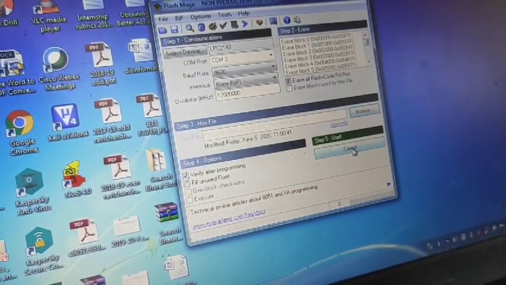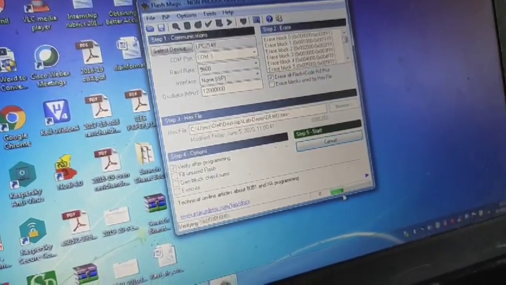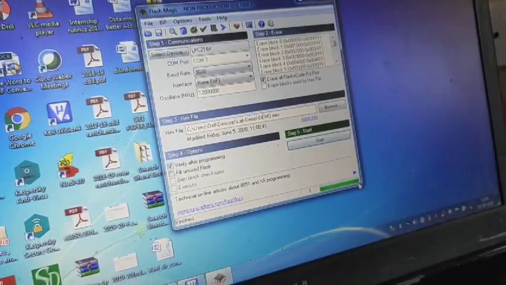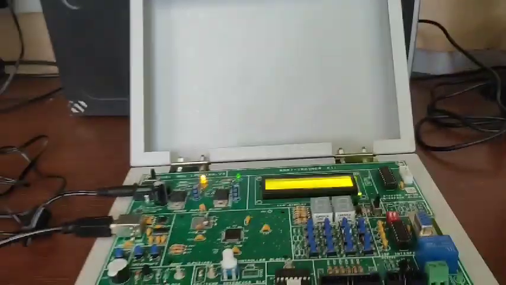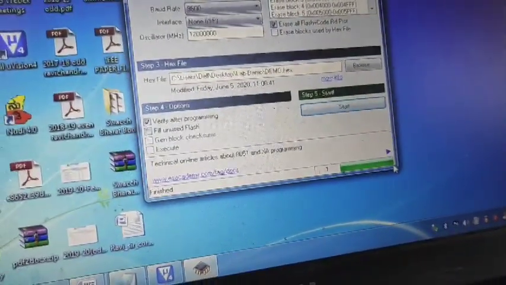We'll start it. Once we click on Start, you can see the progress of porting from the host machine to the target board. Target board means our evaluation board, this one that we are calling the target board. It has to finish here. You can see at the end it must be finished.